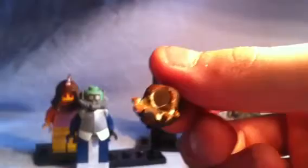As you can see, it is a little bit white still in there. And then his body is just a simple Stan's body from the Prince of Persia line, and there's some elf legs with a different band here. That's him. Next is his aide, which is